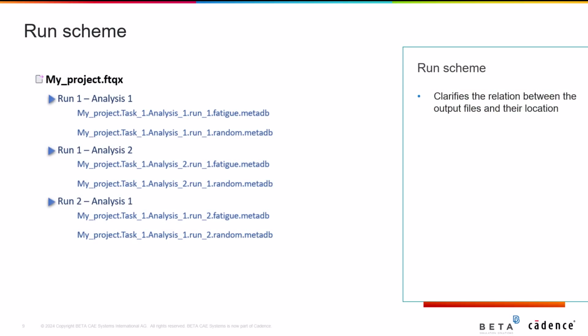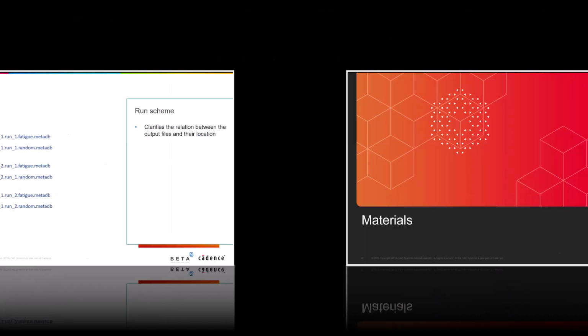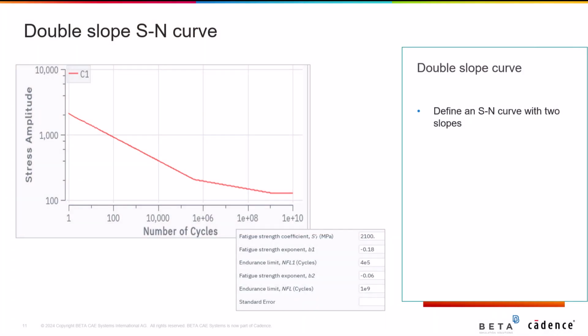Regarding the run management, it has been completely refactored. The model must be saved prior to running the analysis, so that an output directory is specified. The output files will be saved in the same directory as the project, and the names of the files produced upon the solution are dependent on the given project name. If we rerun Analysis 1, the files can be overwritten or created again with the same name plus the postfix run 2. An SN curve with two slopes can be defined in the respective tab of the Materials window.